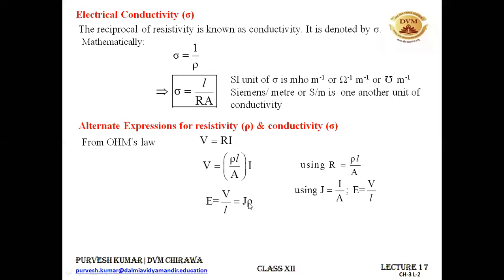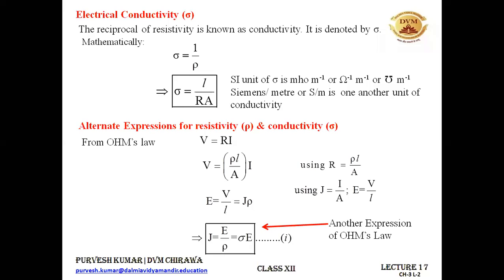Now, in place of this rho, I can write the equation like this, that J is equal to E by rho. Just take these two equations, E is equal to V upon L, and that is also equal to J rho. So I've taken the first, E is equal to J rho, and I've taken this rho into the denominator of this E. That's why I'm left with J is equal to E by rho, and 1 by rho is sigma. I can write J is equal to sigma E.